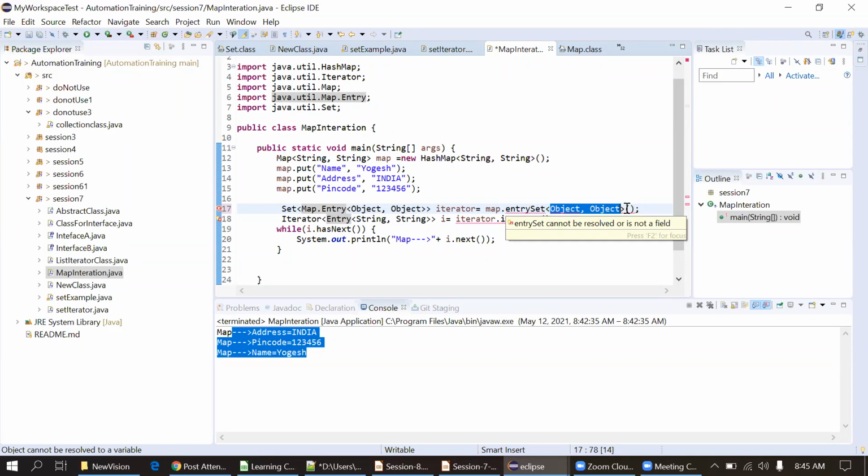So don't use object anywhere. It will create an issue for you for sure. Because when we are writing the code, you can't imagine where your code can be used in a future situation. So it might create an issue. So always use the specific types only.